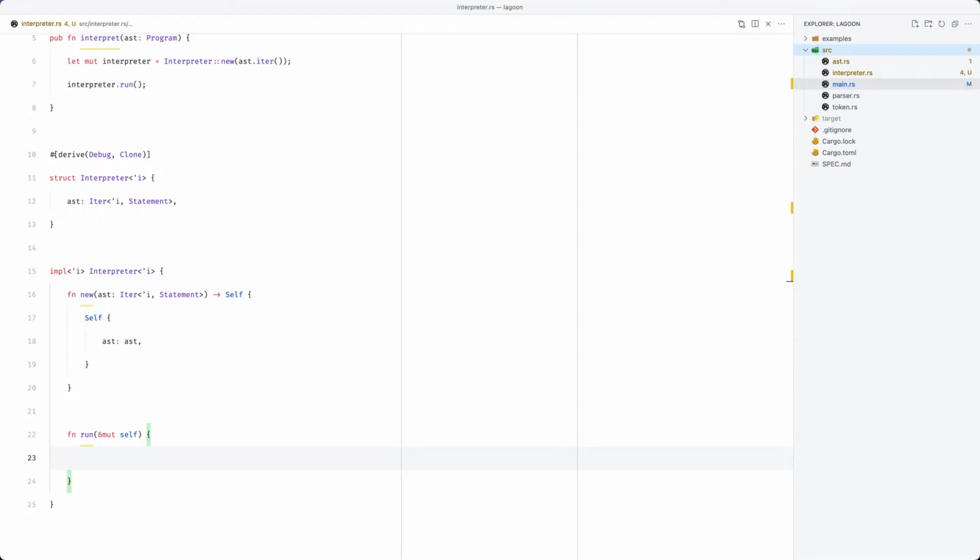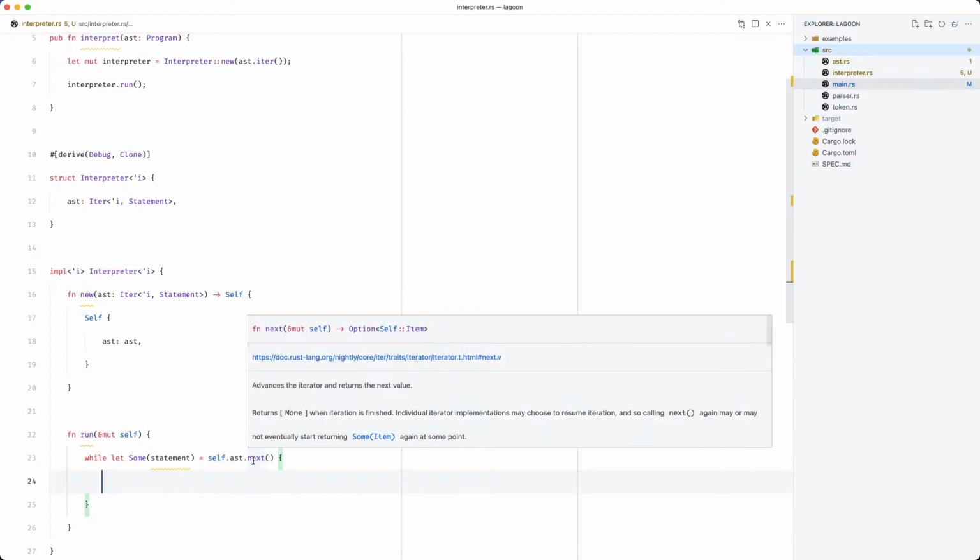So let's just do a while loop in here. So we'll say while let Some(statement) equals self.ast.next. So while there is some statement inside of the AST, next is a mutable method. So it has a side effect.